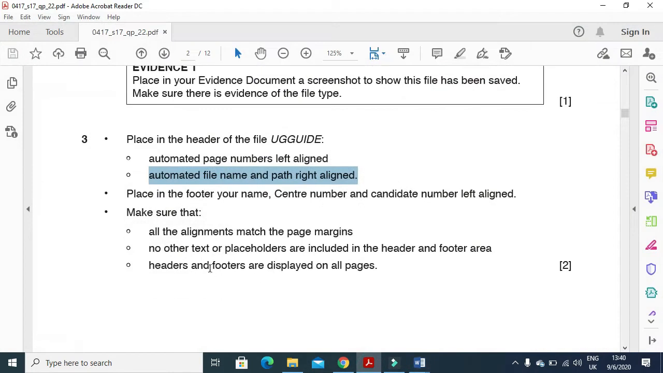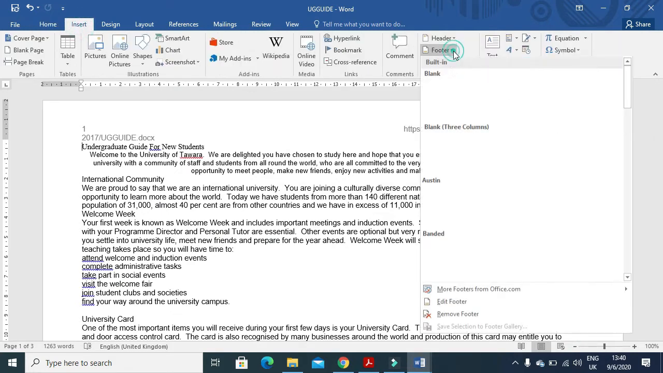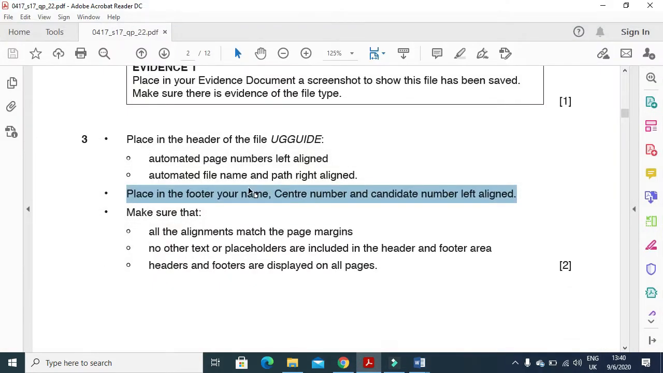And next step they have mentioned here that we also need in the footer our name, center number, candidate number, left align. So insert a footer from here. We need our name, then our center number and candidate number just like that. Click on close and next step is